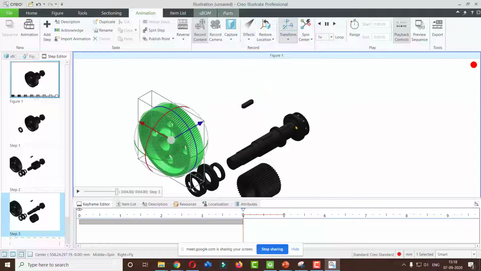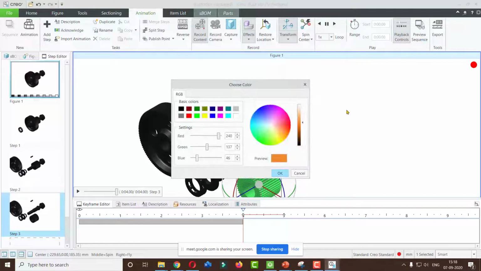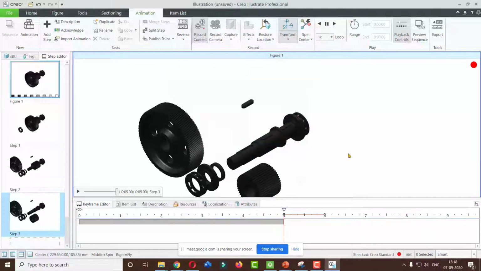Then you can select flash. So suppose I select this particular gear and click on flash. You have to select one color by which it will flash. If you want to give importance, or you have to tell something about a particular product at assembly time, the person who is seeing that augmented reality function should get the focus on that particular part. So if you say remove that particular part, it is important that the user should understand what part it is, so you can flash it.